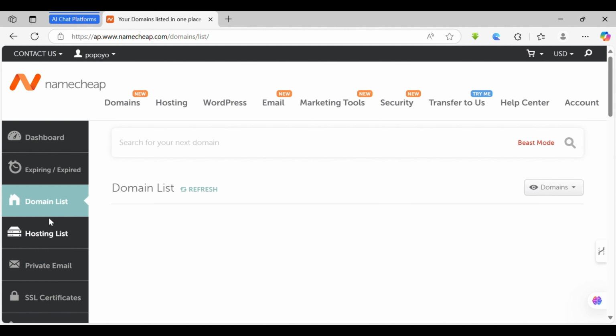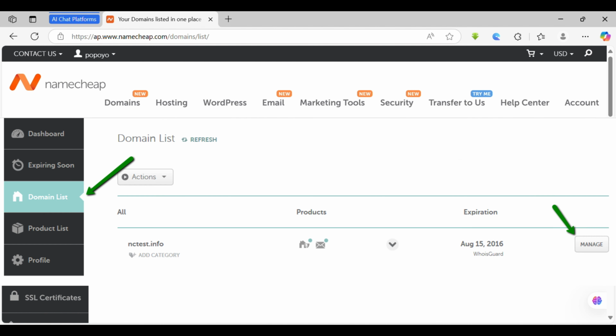And over here you can see a list of domains that you have. Mine right now is empty because I haven't bought any domain. However, I can guide you through the process. Make sure you have the main domain that you want to create a subdomain for. So as I said earlier, find the main domain you want to create a subdomain for and click the manage